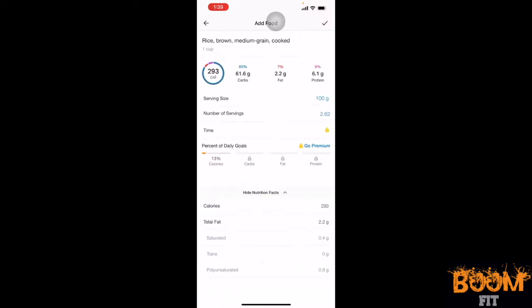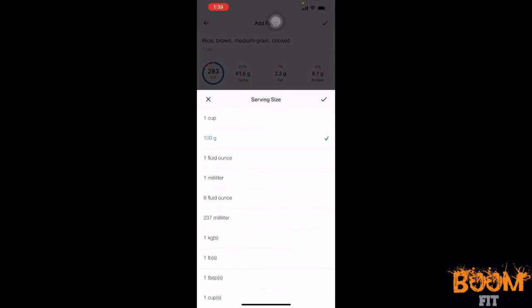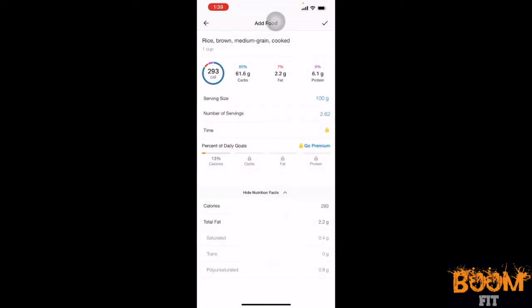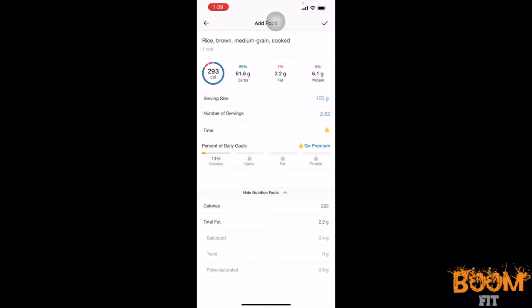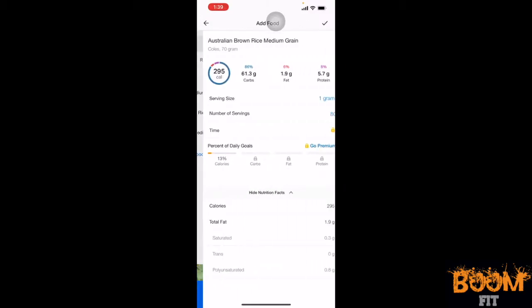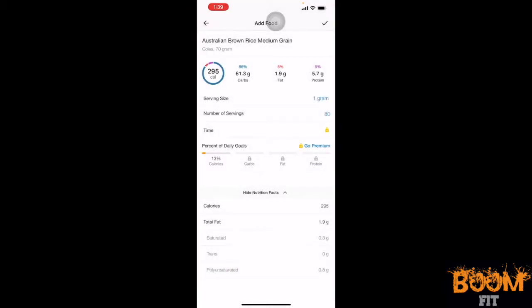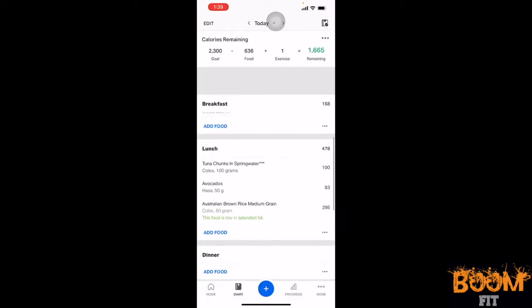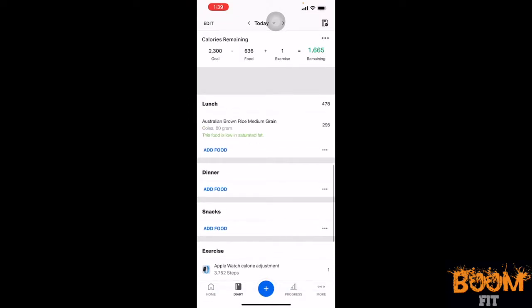Once you write down all the meals that you want to be having, as you can see in here, when I type down brown rice, it tells me 100 grams, but it doesn't tell me 1 gram. So it's a bit hard to calculate it that way. So I always check when it says 1 gram, okay? Depending, obviously, on the food, it will be changing the macronutrients slightly. Okay, so I write down in there, and once I have all my food posted in there,